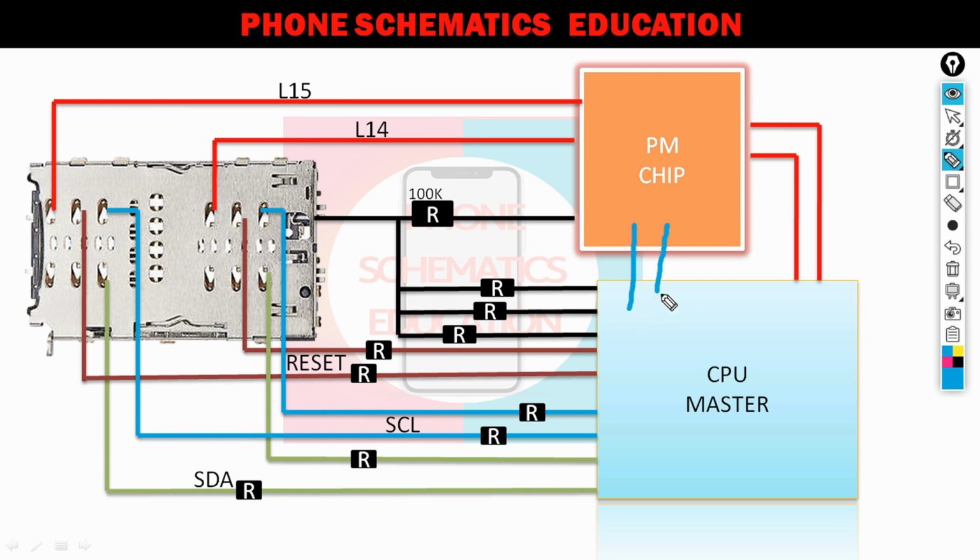The CPU is also connected to the power IC, the power chip, with the SCL and SDA communication lines. It gives the command to give this voltage to the SIM circuit. After this, the power IC